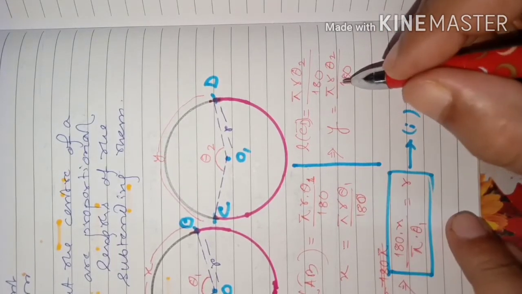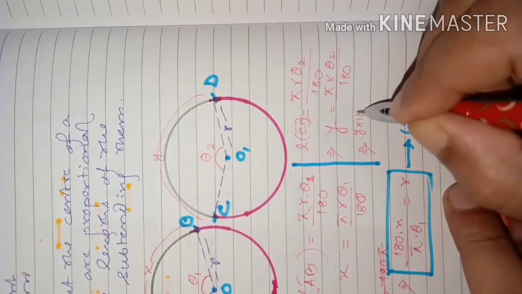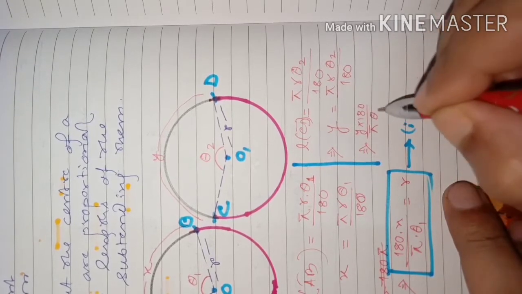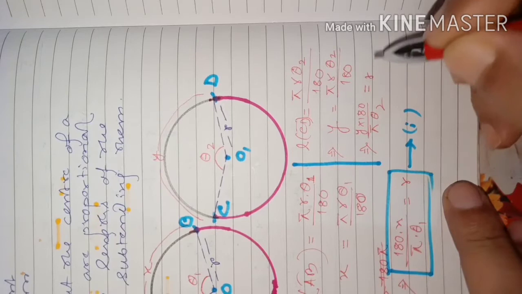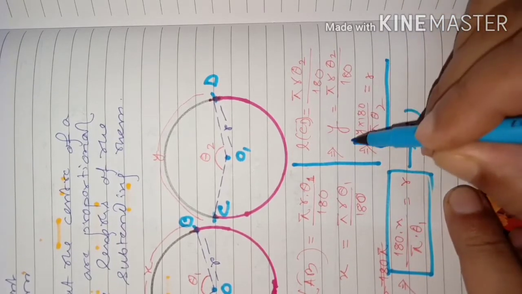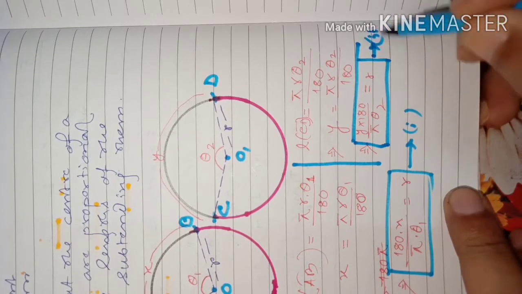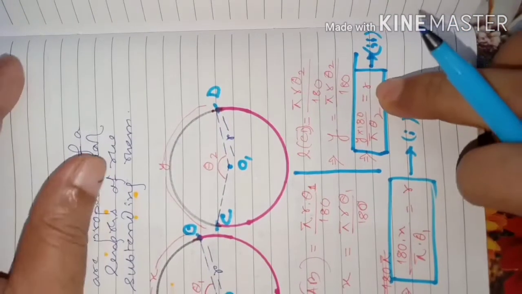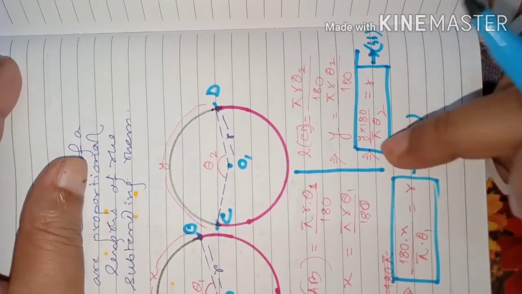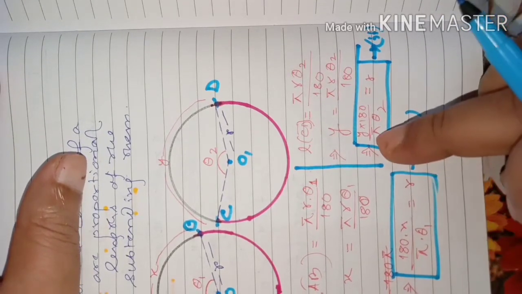Separating r from here also, what shall we get here? Y times 180 divided by pi, then theta 2 also will come here, equal to r. This is also r only. So this is also r, and previous one also was r. Both are the same only. This is said equation 2. In equation 2 also this is r, here also it is r. That means we can say in 1 and 2 the left hand sides are equal. Left hand side of 1 is equal to left hand side of 2.